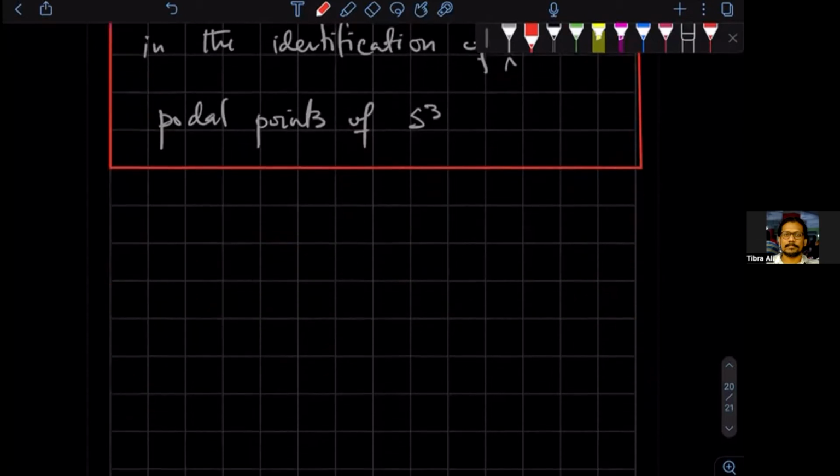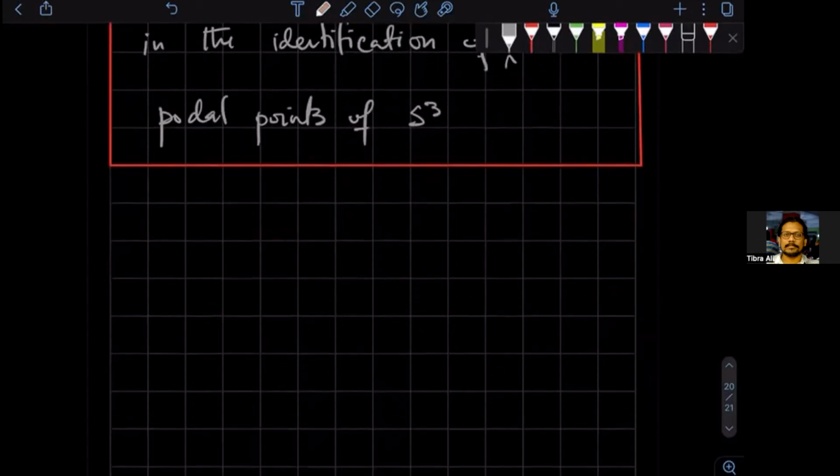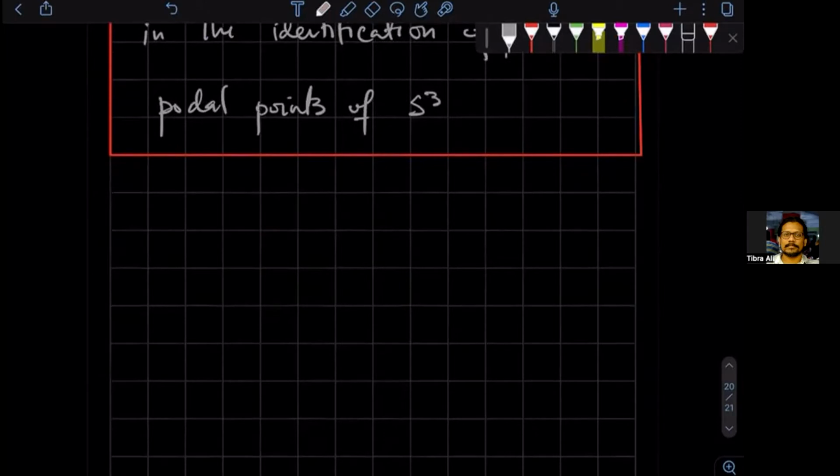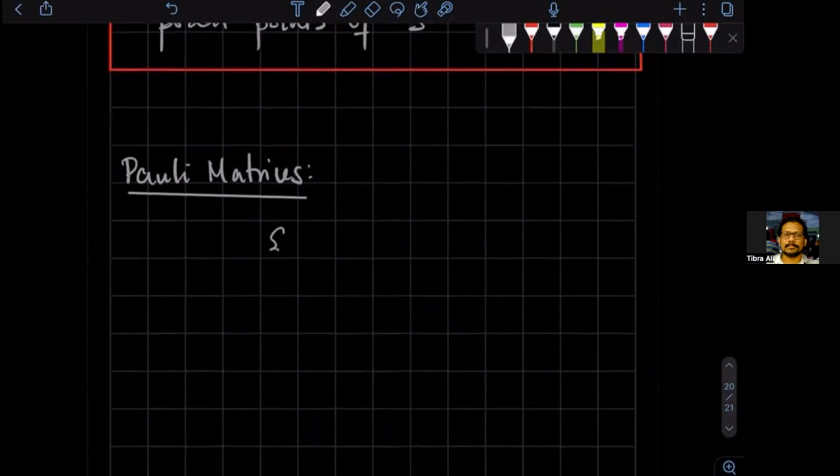So now next we want to find the explicit map between SO(3) and SU(2). But before we do that, we need some properties of Pauli matrices. Okay, so Pauli matrices, they satisfy